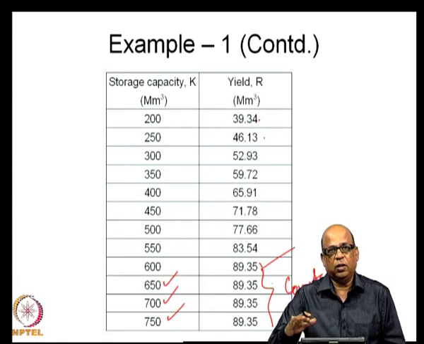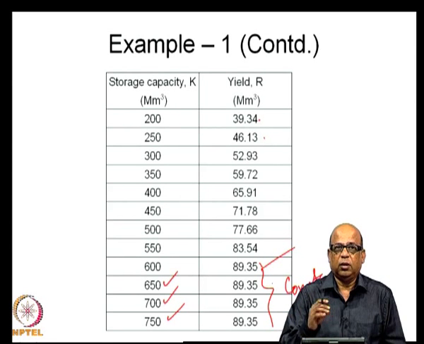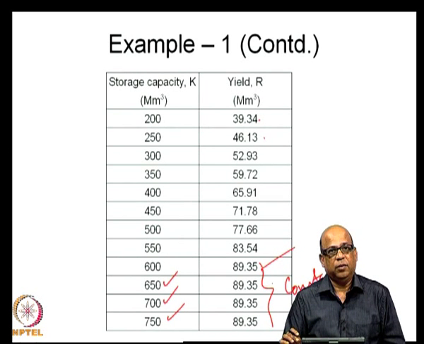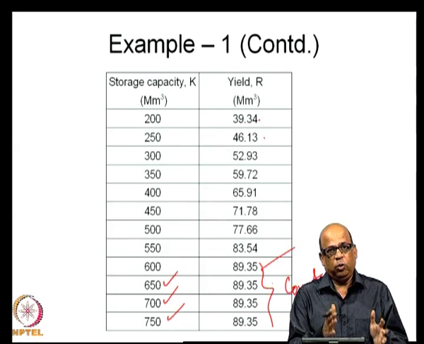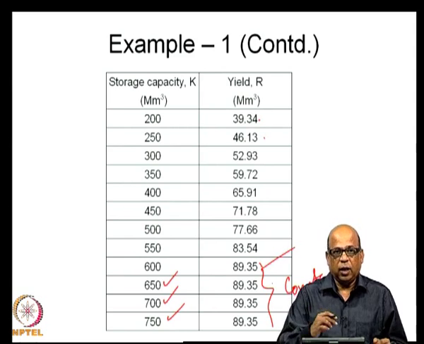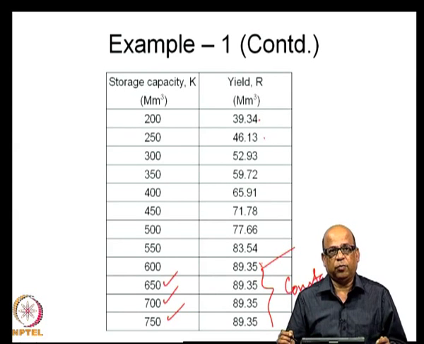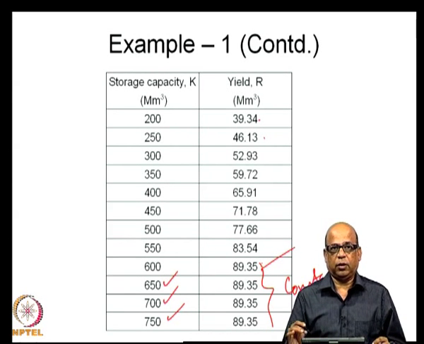89.35 is the constant release. 89.35 into 12 is the amount that you are using, plus you add all the evaporation losses that you have got. This should be equal to just the inflow, the total flow that has come in, because the total volume of water that is available is simply sigma Qt, and in that evaporation losses are going, and then you are meeting the constant release of 89.35. That is the idea there.